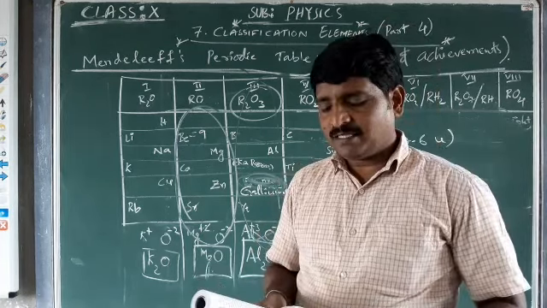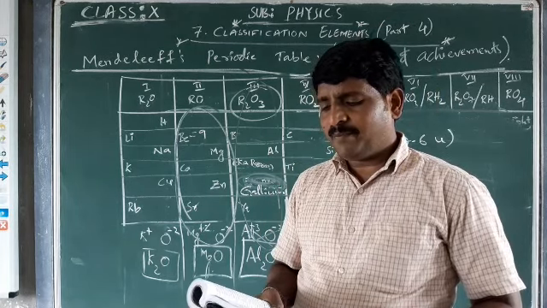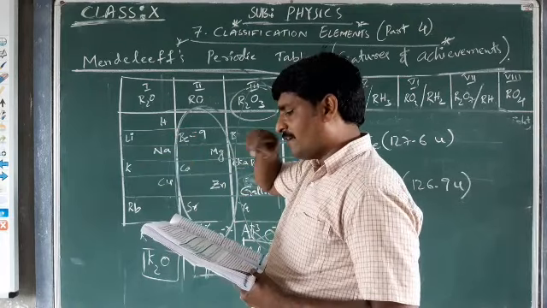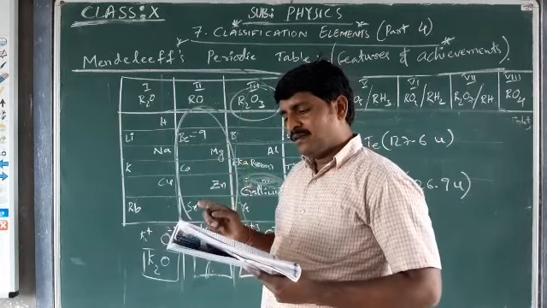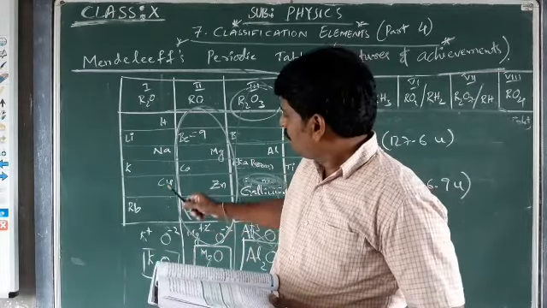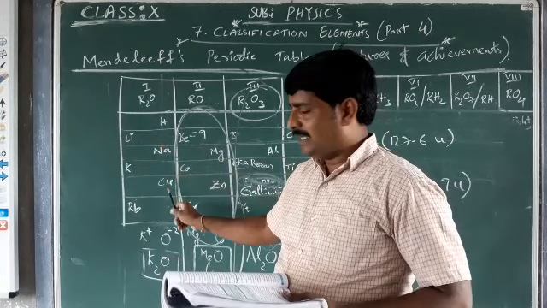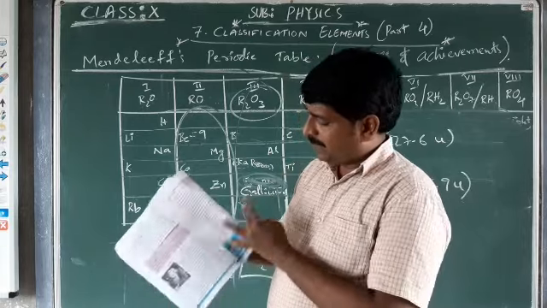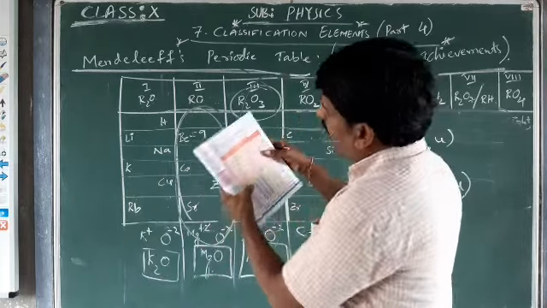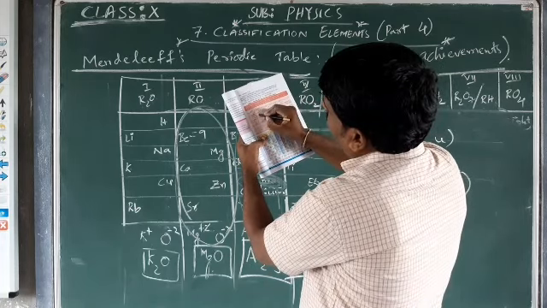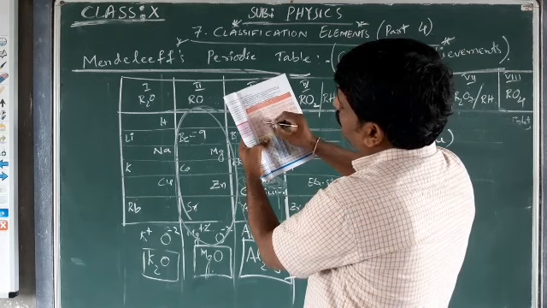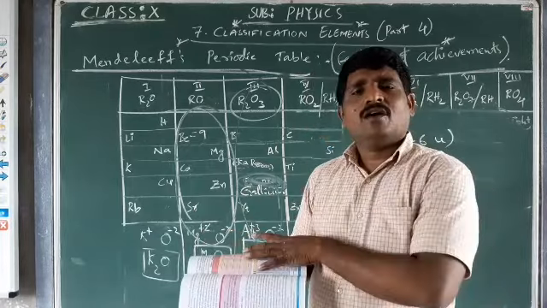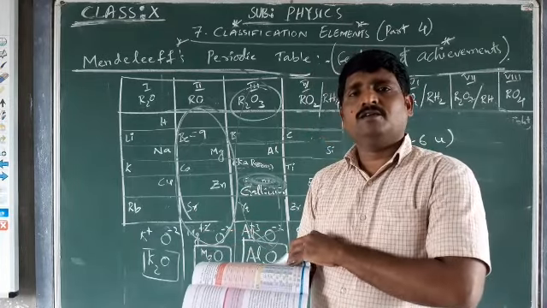Elements with dissimilar properties were placed in the same group, as subgroup A and subgroup B. For example, alkali metals like lithium, sodium, potassium, etc. of group A have little resemblance to metals like Cu, Au, Ag in group 1B. Even though they have little resemblance, they have been placed in the same group.